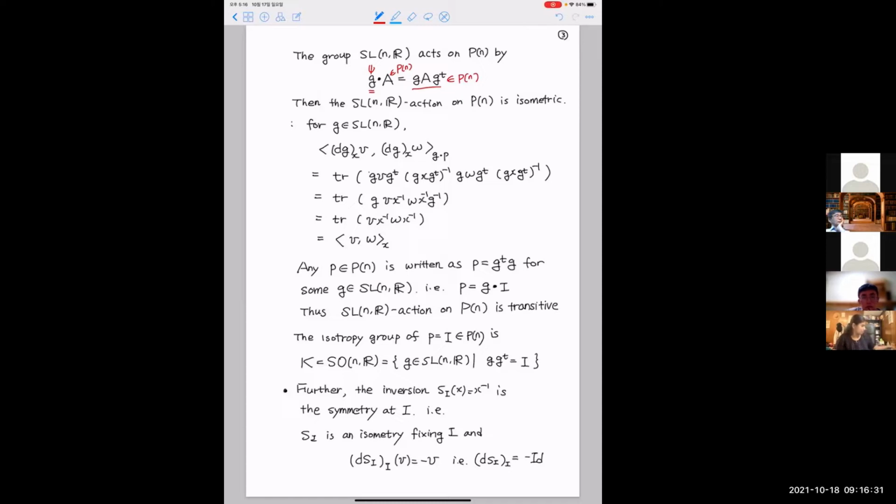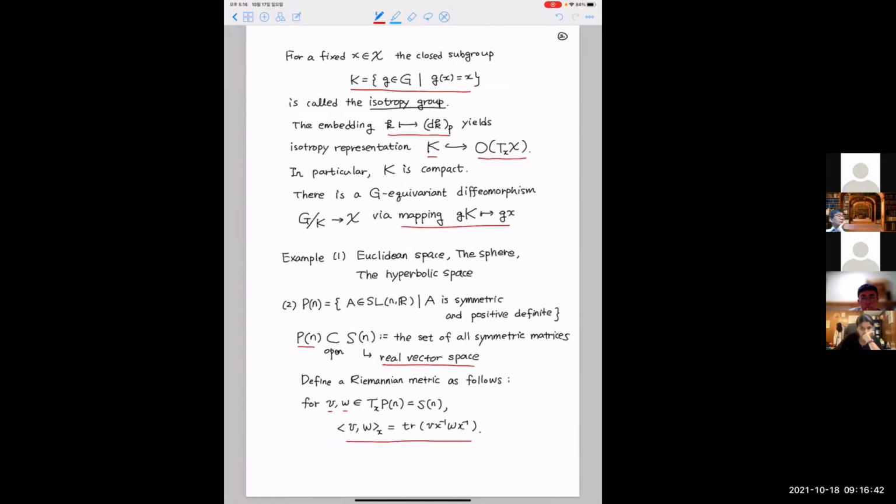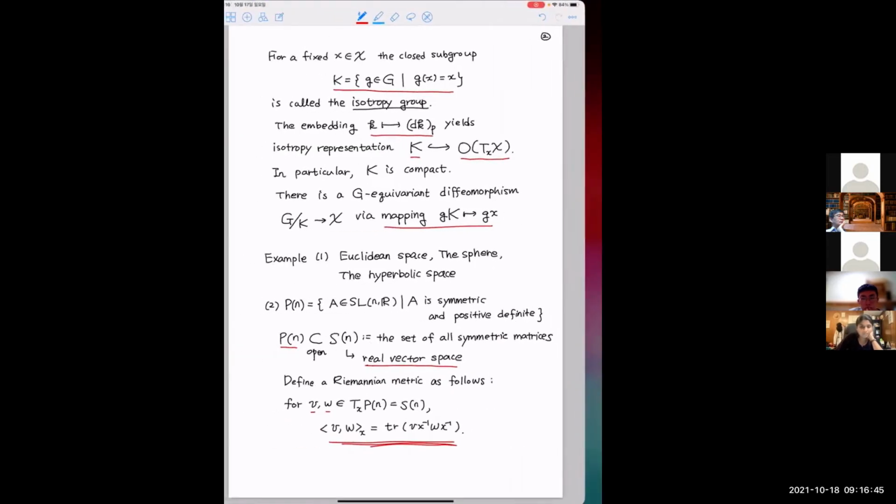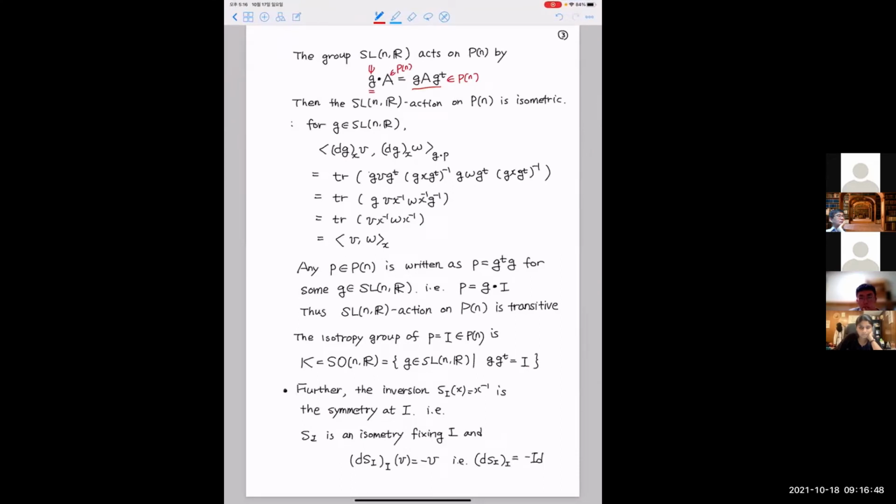So this defines the SLnR action on Pn, and also this action is isometric with respect to the Riemannian metric defined here. So this can be easily checked. Maybe you can check this later. This is just linear algebra. And so this action is isometric, and also the action is transitive, because